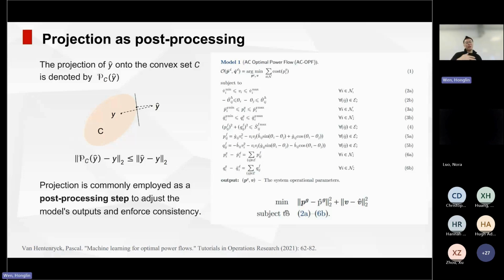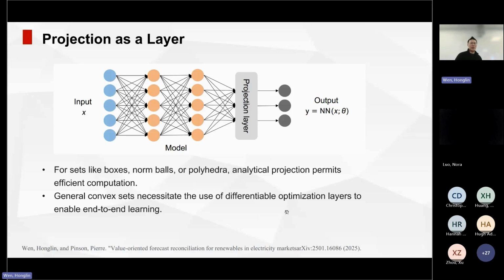Here the left panel is a convex set. It's very easy to project to the set. You can also define an optimization problem to minimize the distance between the 2 points. That is indeed the projection process in convex problems. But the thing is, if we want to have an AI model that satisfies the constraints by nature, how should we do it? The idea we have, we use this in our work.